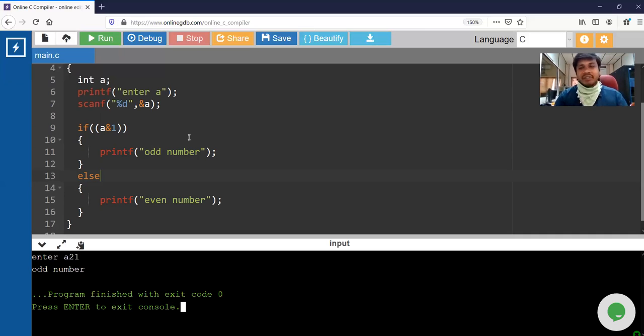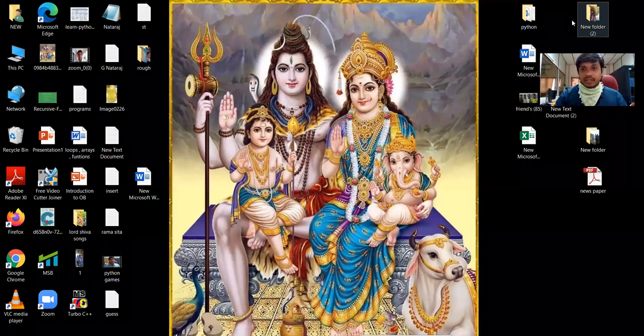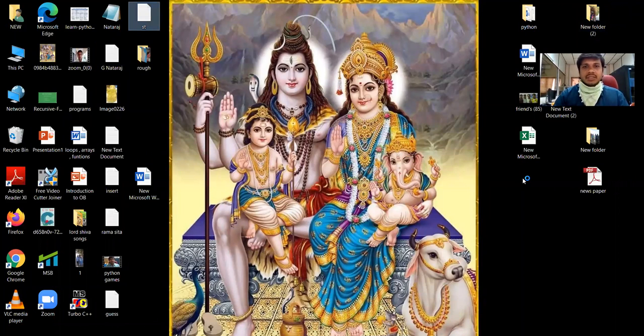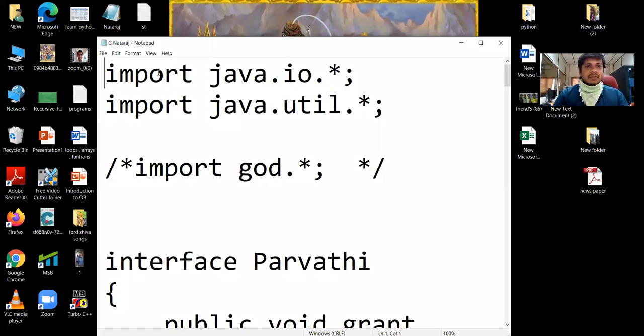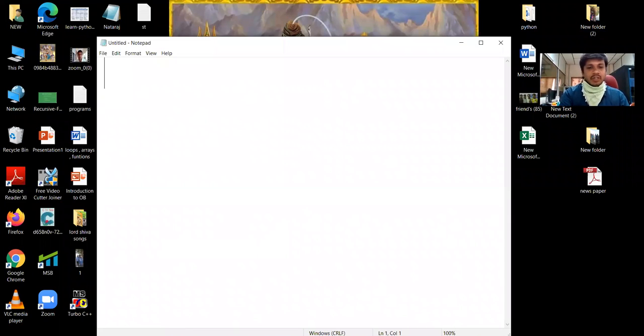There is also another way to check whether a given number is even number or odd number. So far we have seen these ways. Let me take a text document. First case is a modulus 2 double equal to 0.